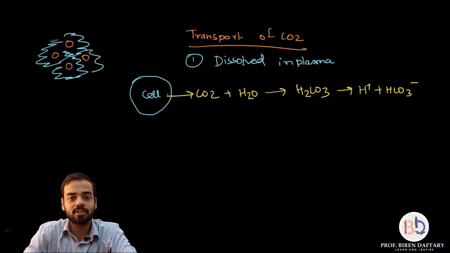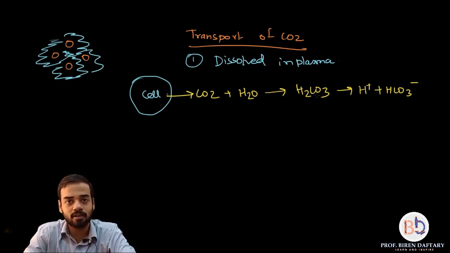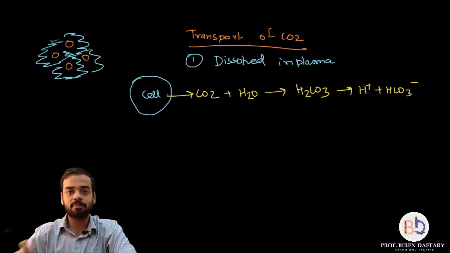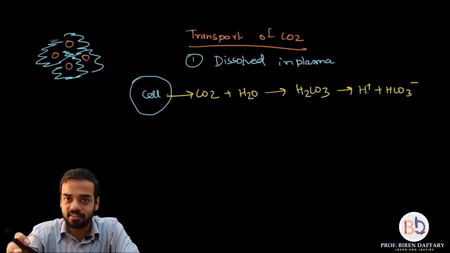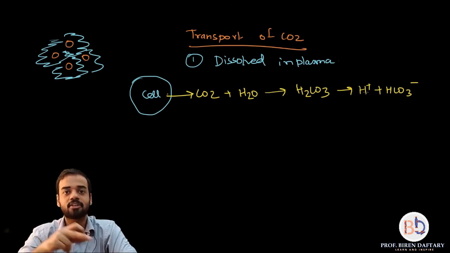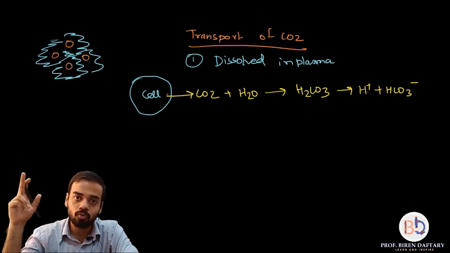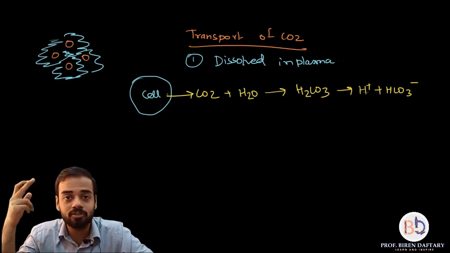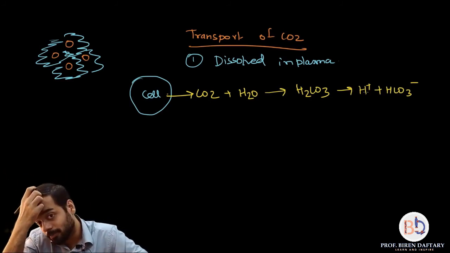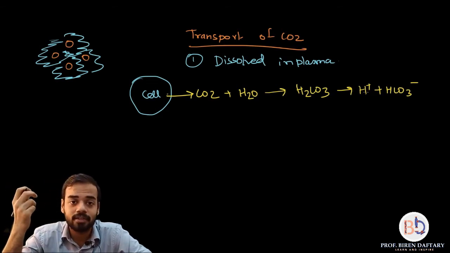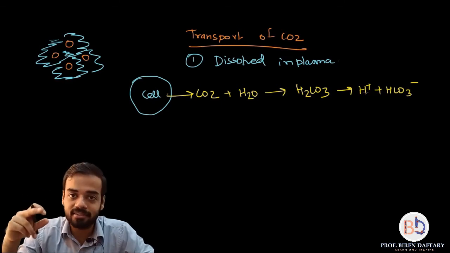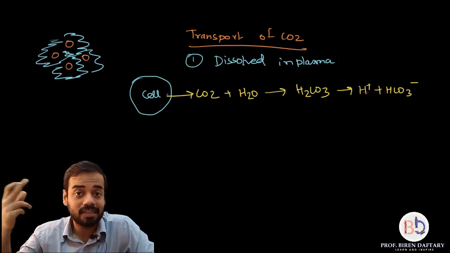Okay, so this carbon dioxide is dissolving in the water in the plasma, forming carbonic acid, and carbonic acid is in the form of ions. Now that blood will go towards the lungs. What is going to carry that? The pulmonary artery is going to do that, correct? So the pulmonary artery is basically going to carry this deoxygenated blood to the lungs, correct?